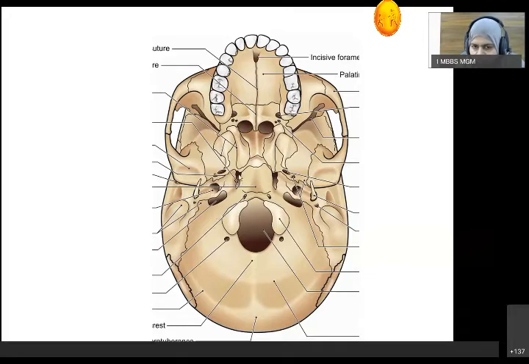There is the foramen lacerum. Then its apex is perforated by one end of the carotid canal, and you can see on the inferior aspect the other end of the carotid canal. This carotid canal passes forward and medially through the petrous part of the temporal bone, and this canal is for the passage of the internal carotid artery. Okay.